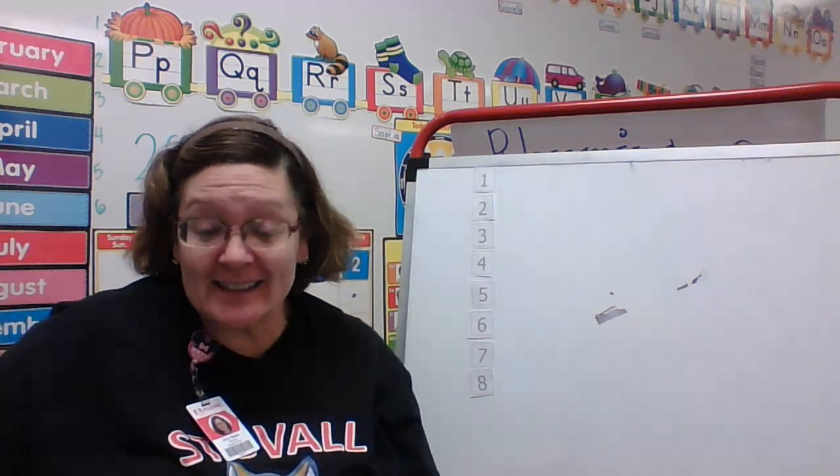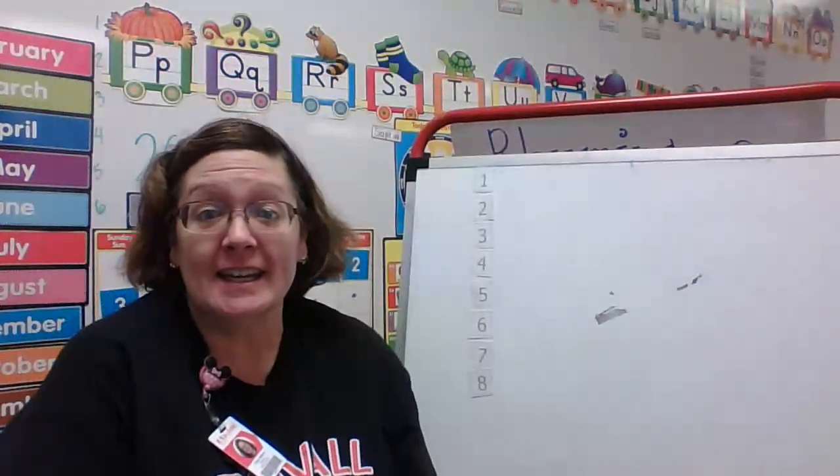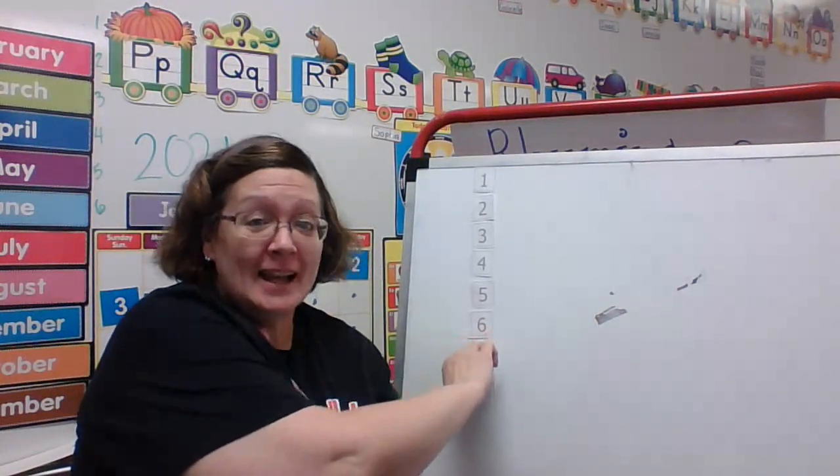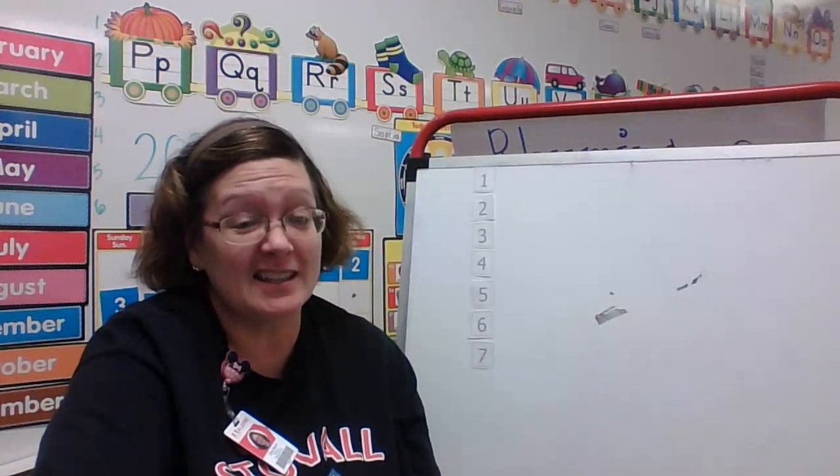Okay, so you just listened to the story about the little old lady who swallowed a fly. Now, you know that there's not 8 or 7 in this story. Sometimes the little old lady swallows 8, sometimes she swallows 7 things. We're doing 7. Okay. So, we're talking about those special words called ordinal numbers. Can you say that?